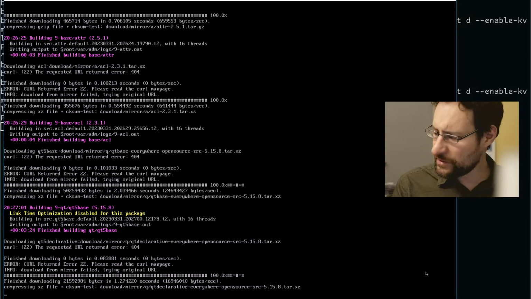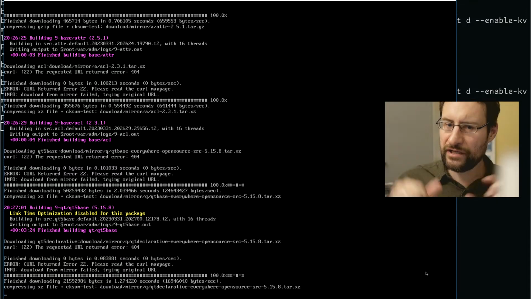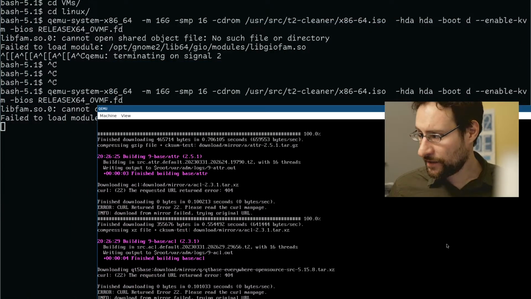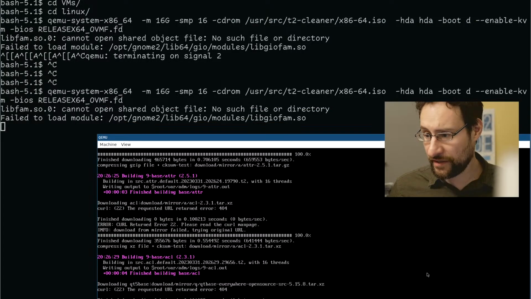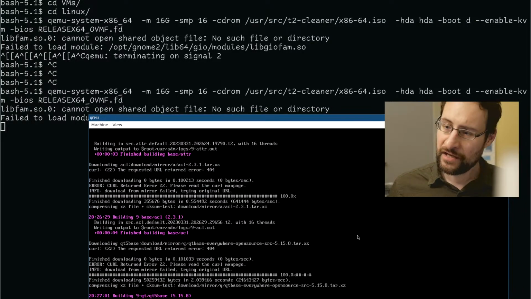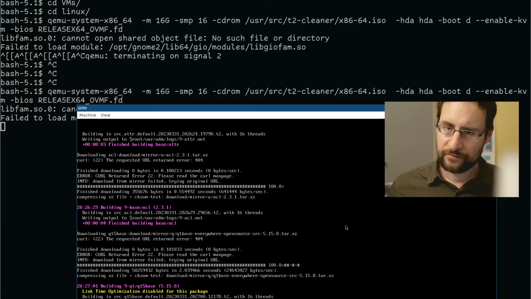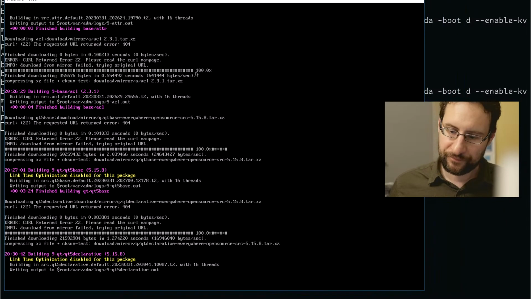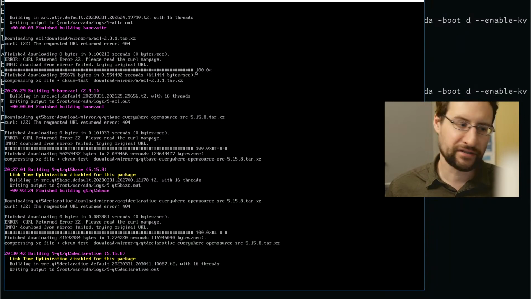It's building a little bit slower because this VM is only booting, I think, with 16 cores. At least I did the other day. Yeah, SMP 16 and 16. That's only using the cores, not the extra SMT threads of this Ryzen 7950X and 16 gigs of memory. So yeah, building that natively would be a little bit faster.